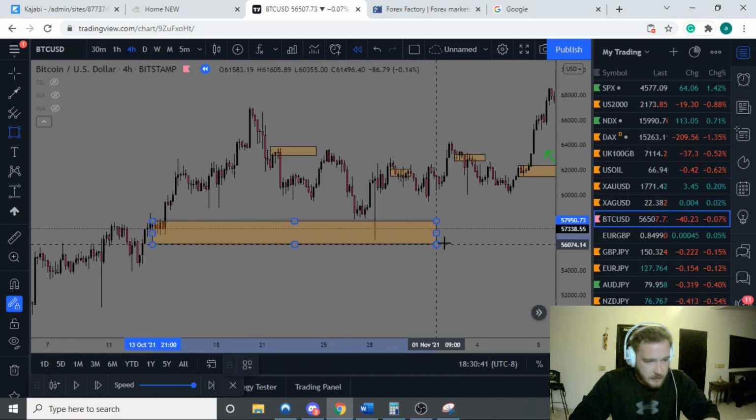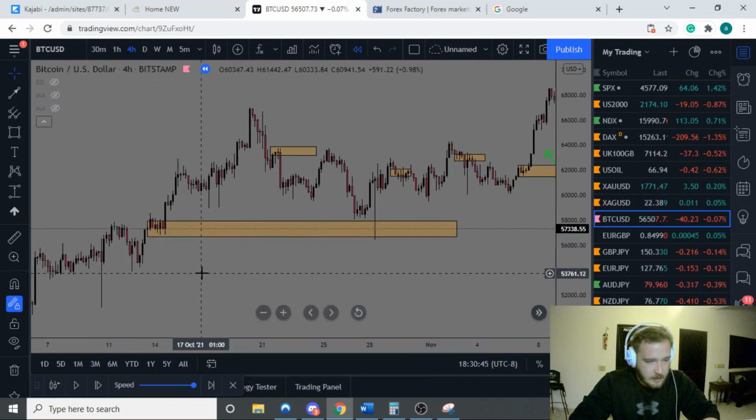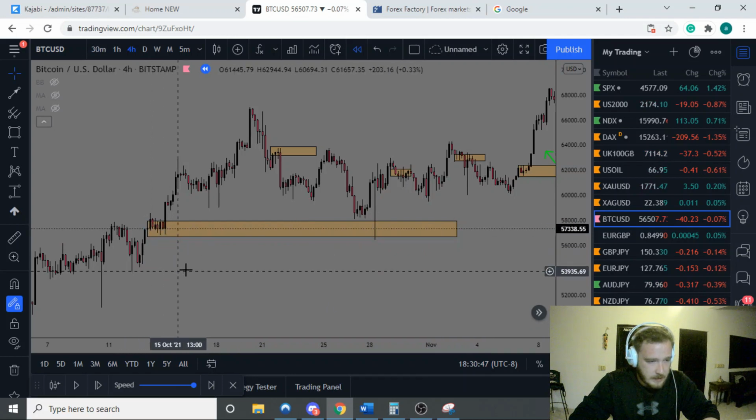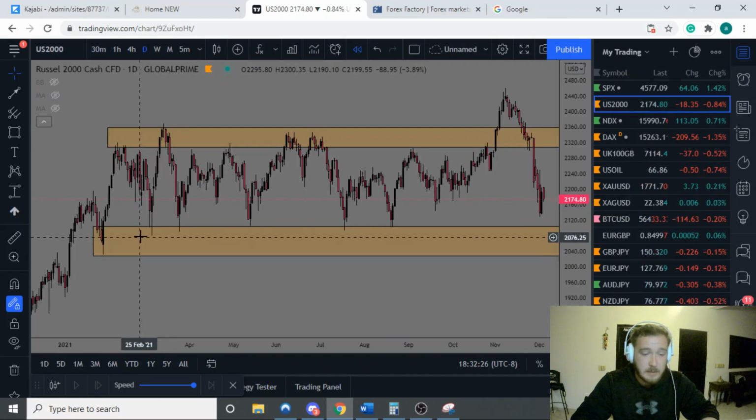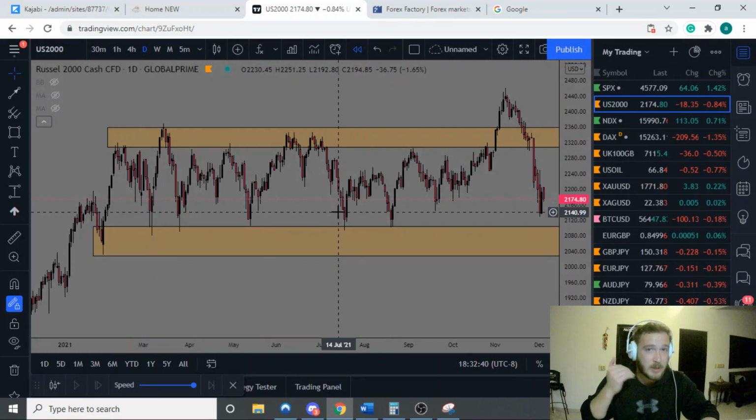So here for demand, that's how we would draw it. Rally, base, rally, include the wicks. Get the highlight of the move. Some people will say they need to buy 100,000 orders. They can't just click buy 100,000 orders, so they break up their orders into like 25,000, 25,000, 25,000, and